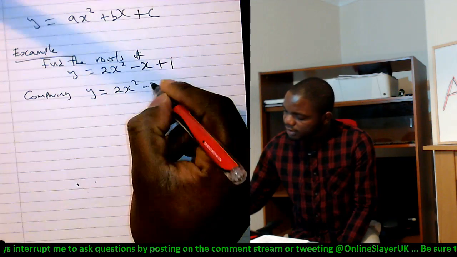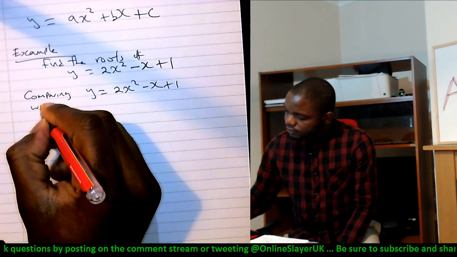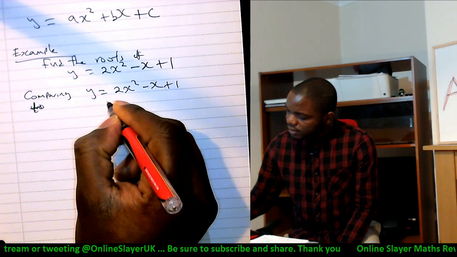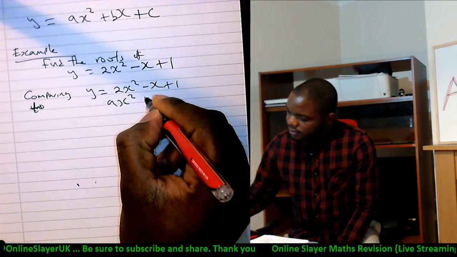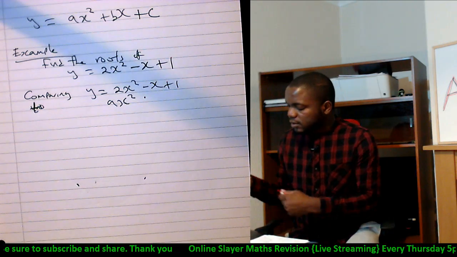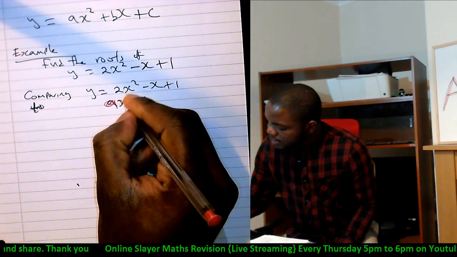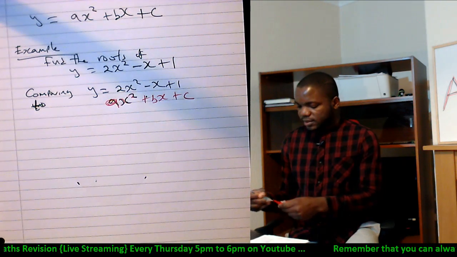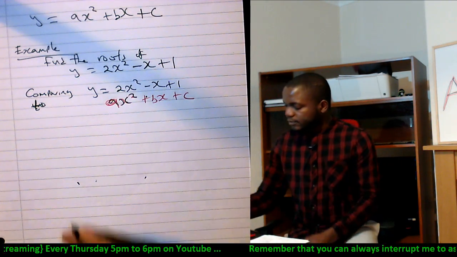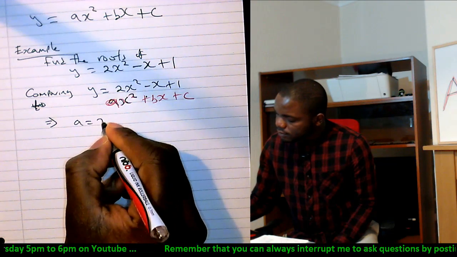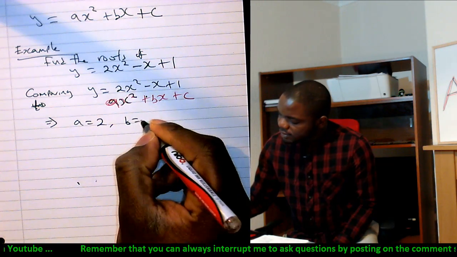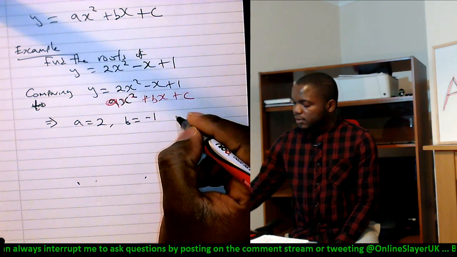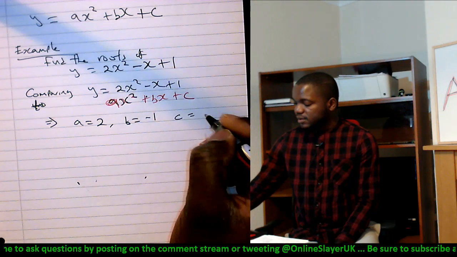Comparing that to ax squared plus bx plus c, we can see that your a is 2, your b is the coefficient of x, minus 1, and your c is whatever the constant is, plus